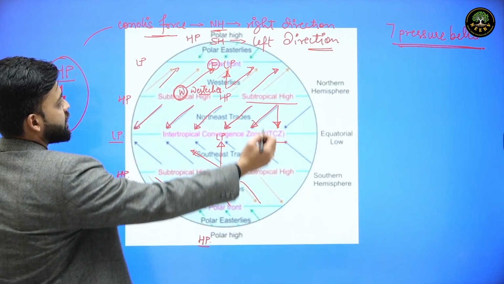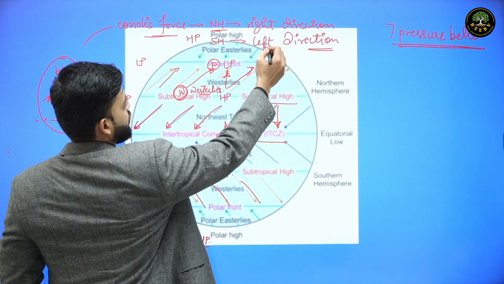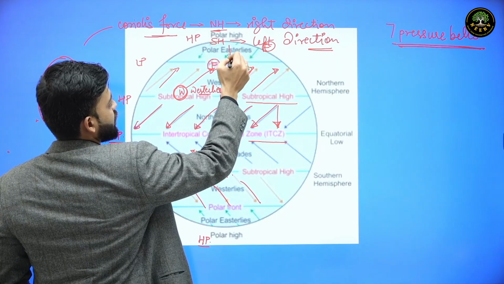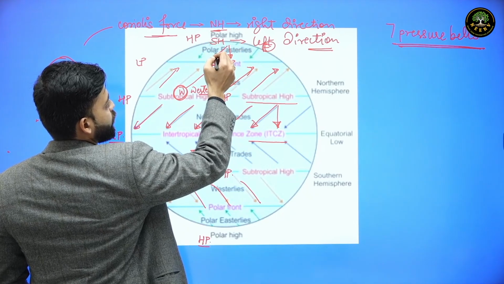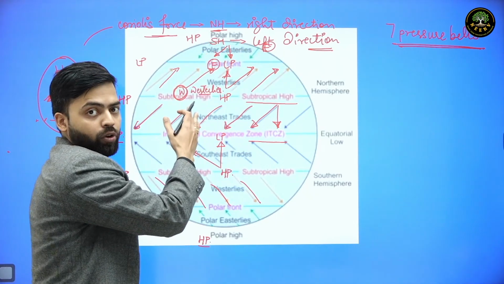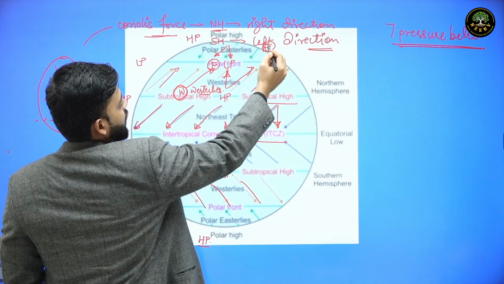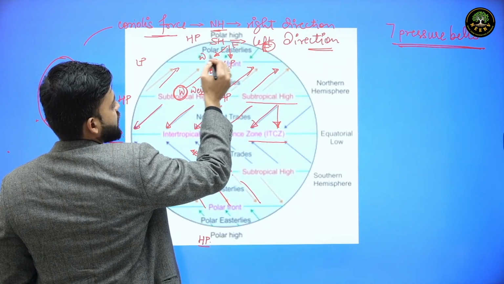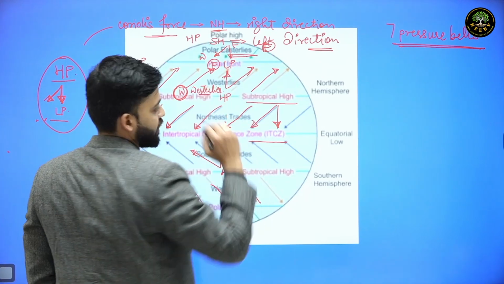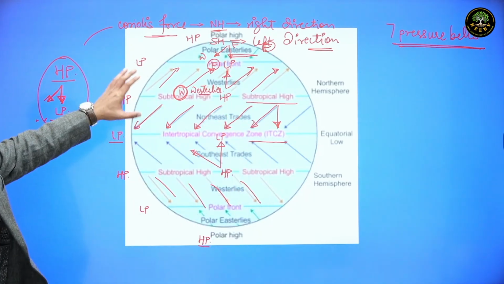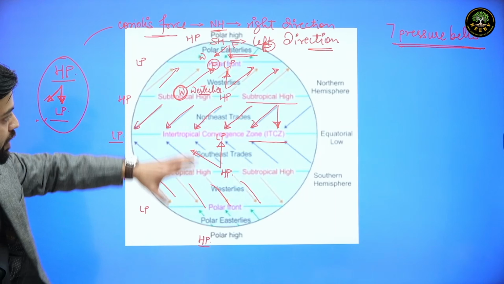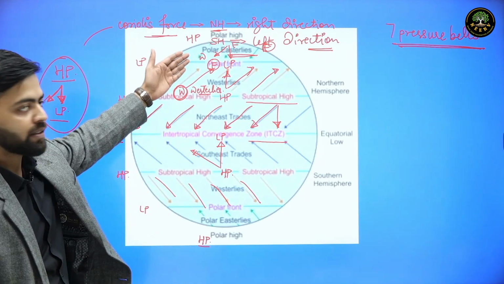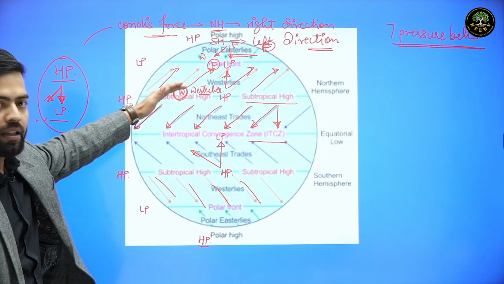And polar easterlies originate from the east, from high pressure to low pressure. They move towards their right because of Coriolis force. So they are originating from the east, going towards the west, hence they are known as easterlies. So this is the basic diagram of trade winds, westerlies as well as easterlies in northern hemisphere and